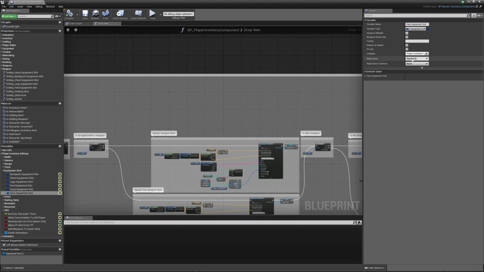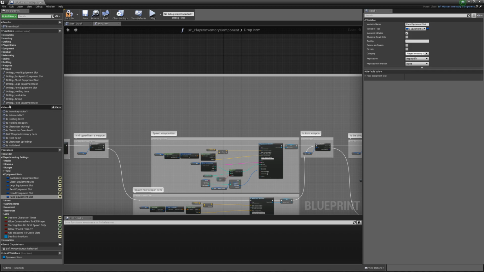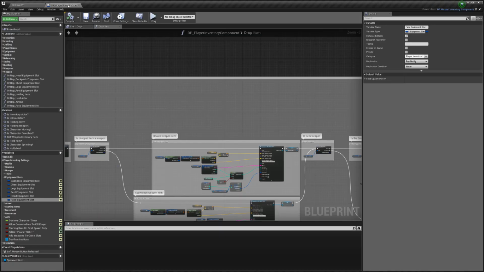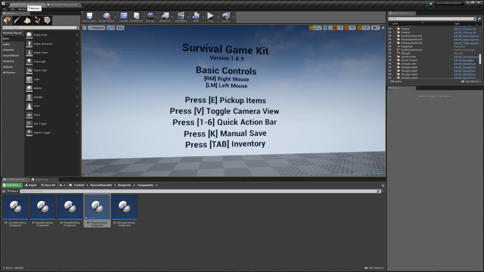Next we're going to change the replication from rep notify to none, and then we're going to change it back to rep notify, and that will create a new function over here, so that will work. Then, actually first we'll need to compile this again quickly. So I'm going to just dock this up here so we can come back to it later,